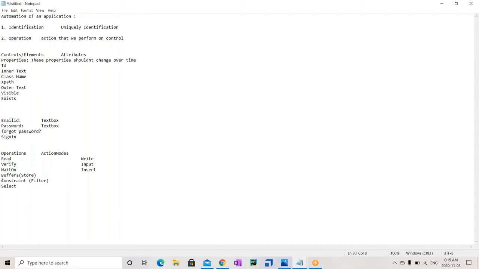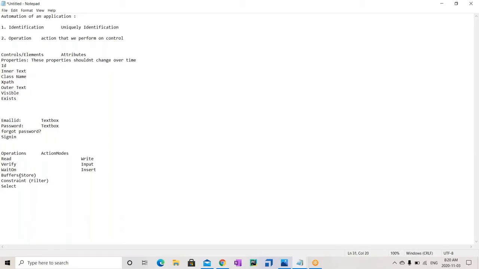A buffer is very similar to a variable. You can give it a name, like storing the email ID value I'm inserting into a buffer called email ID. When we start working, you can understand what a buffer is.